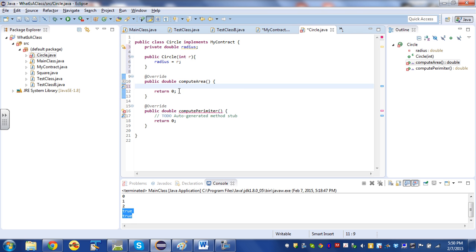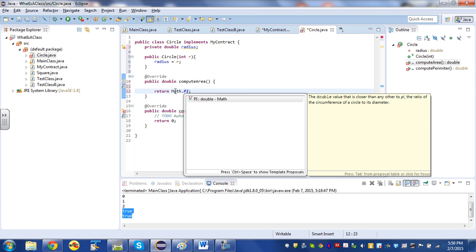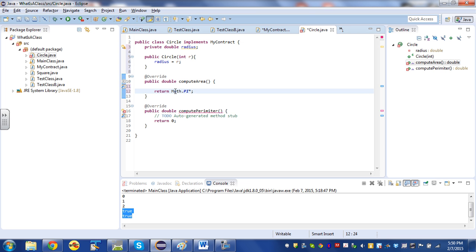Now if I want to compute the area, what is the area of a circle? It's pi r squared, right? Math.PI times radius times radius. If I want to compute the perimeter,